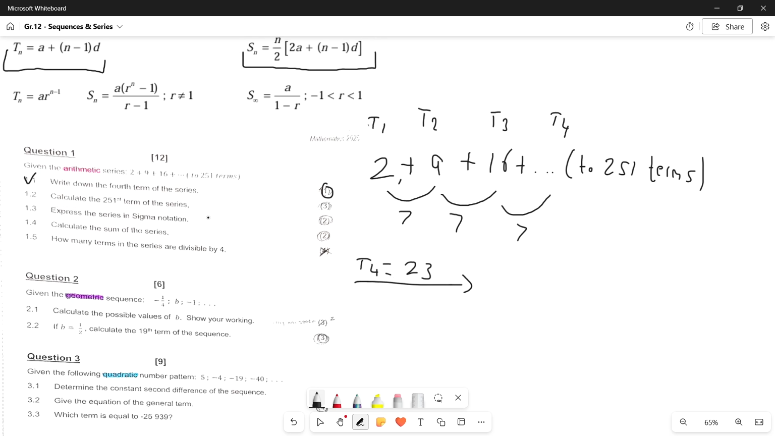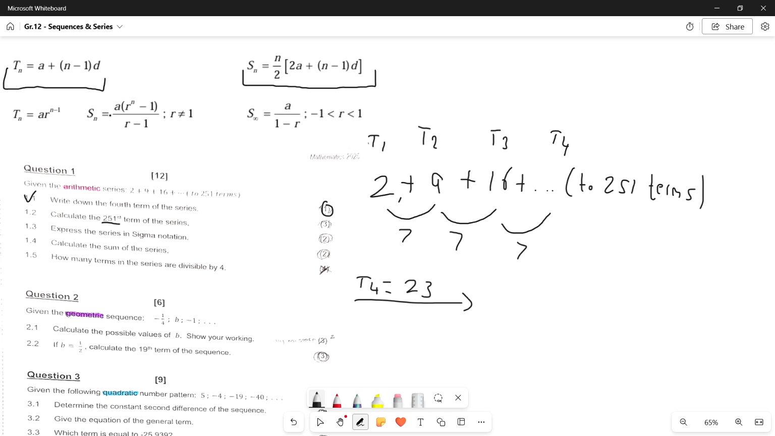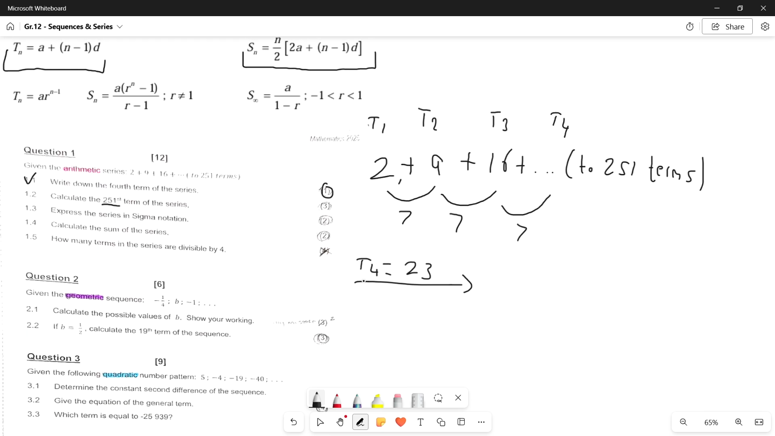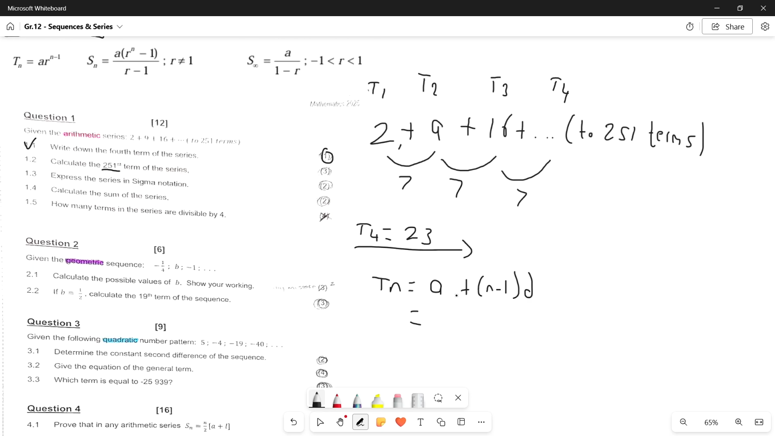1.2 then says, calculate the 251st term of the series. So at this stage, we are then going to have to calculate our sequence, because calculating the 251st term of the series, not all of them added up to 251, requires that we get our constant difference and our first term. So then we can go ahead and write down our equation. We have Tn equals a plus n minus 1 times d. So then at this stage, a is the first number in the sequence, so we have a 2 over there plus n minus 1. As we just saw, our constant difference is positive 7, so we can add a 7 there,